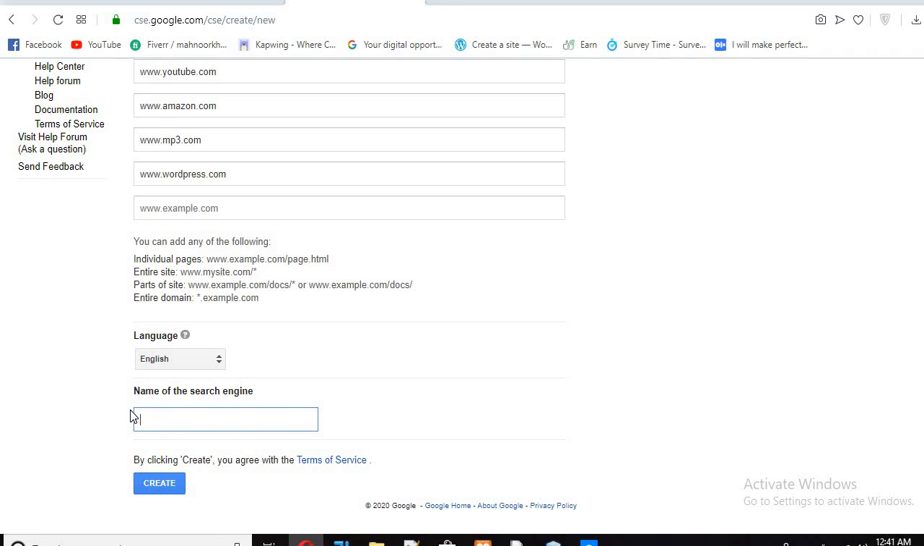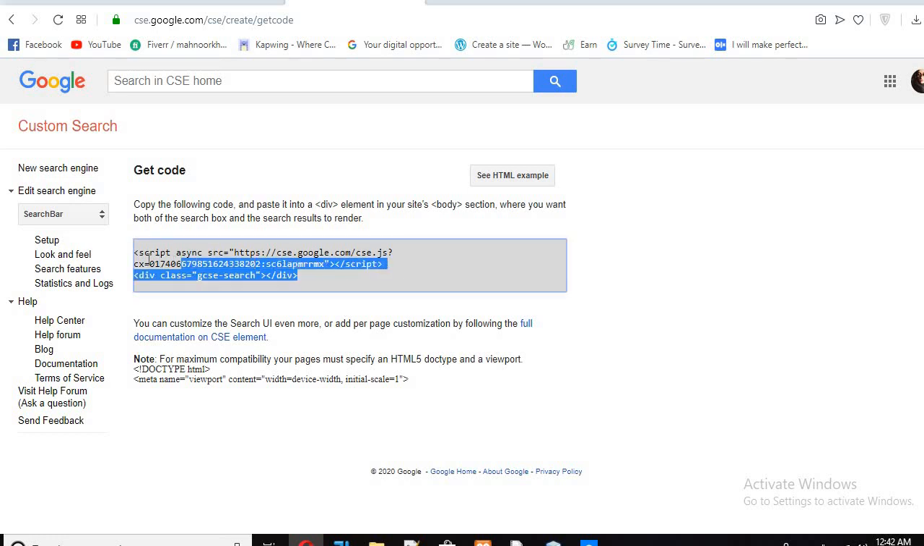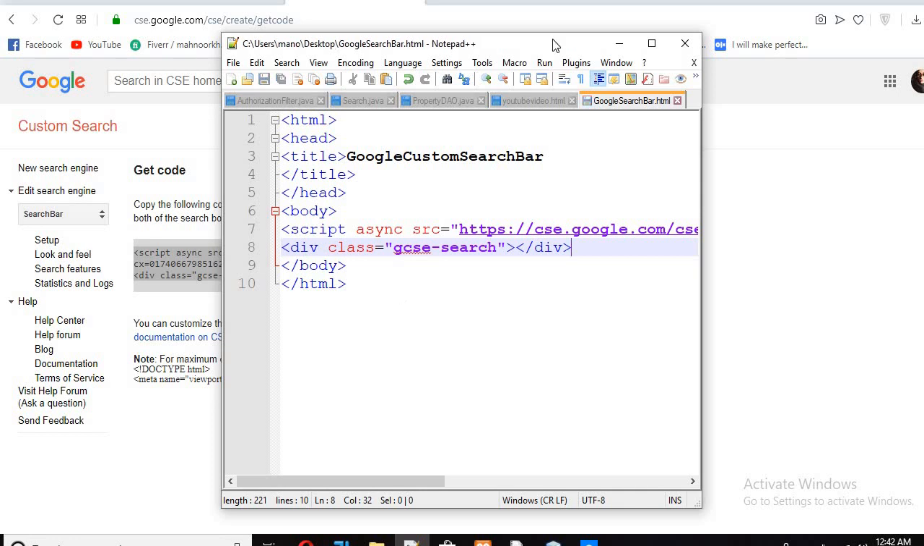I will name the search engine search bar and click create. I will click this get code button. This is a JavaScript code. Sorry, this is an HTML code, and copy this code. Control C and paste it here. Control V, Control S, and